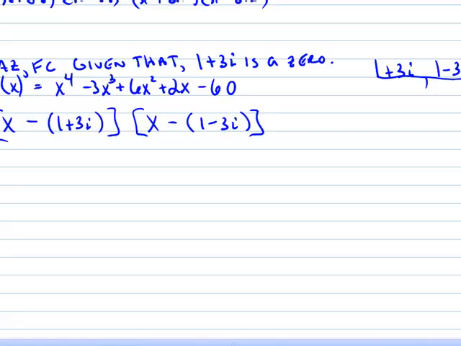Since we have conjugate pairs, remember when you multiply those together, it makes the i's go away. So I'm going to end up with a trinomial that I can divide into this function, and it's going to leave me with a quadratic, because when I multiply these two together, x times x is x squared. I'm going to divide x squared into x to the fourth and end up with a quadratic, which I can hopefully factor. If not, quadratic